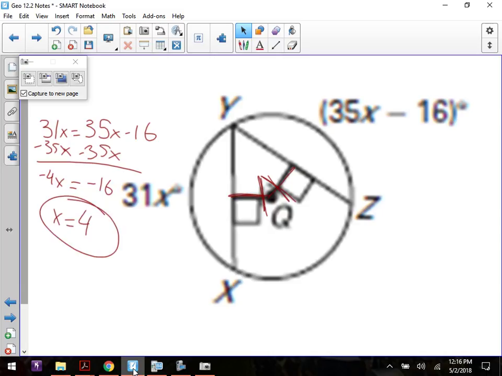From that, I could also ask you, what does the arc xz equal? I can make you take the extra step. If I ask you what arc xz is, what would you do with that value of 4? Yep, substitute in for x. So what do you get when you multiply 31 times 4? Okay. And since these guys are the same,